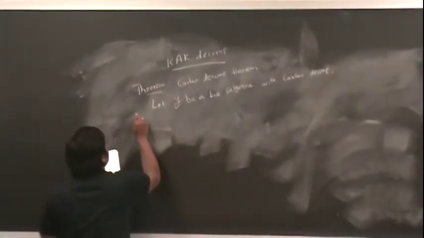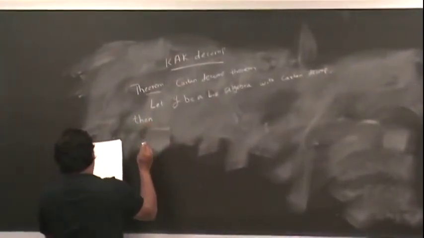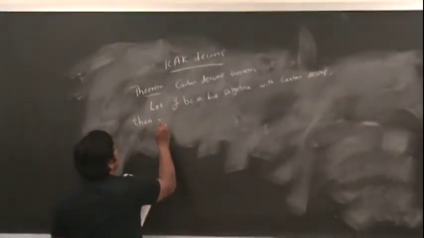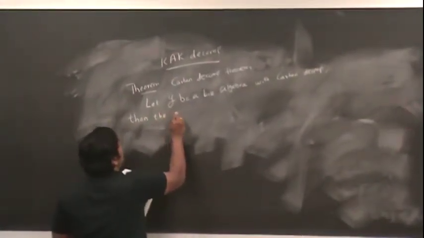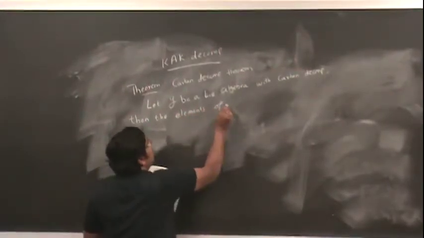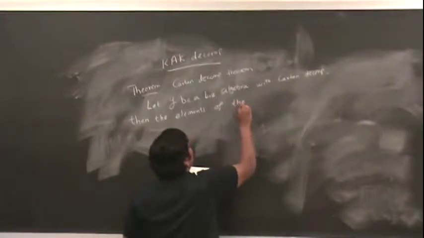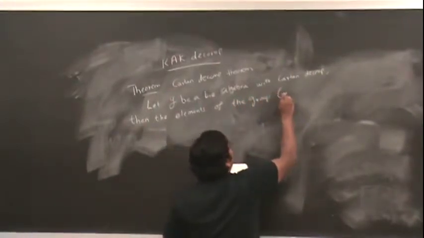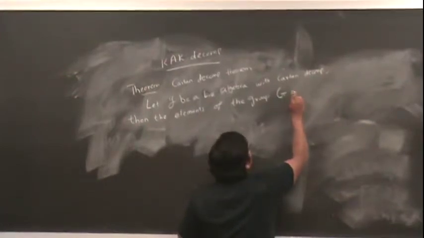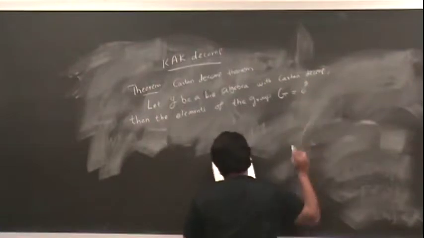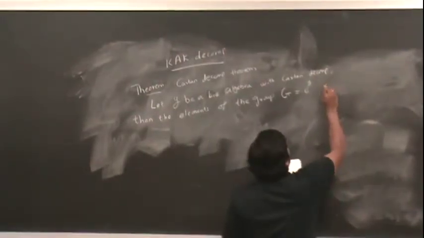Then the elements of the group defined or built from the Lie algebra can be written as